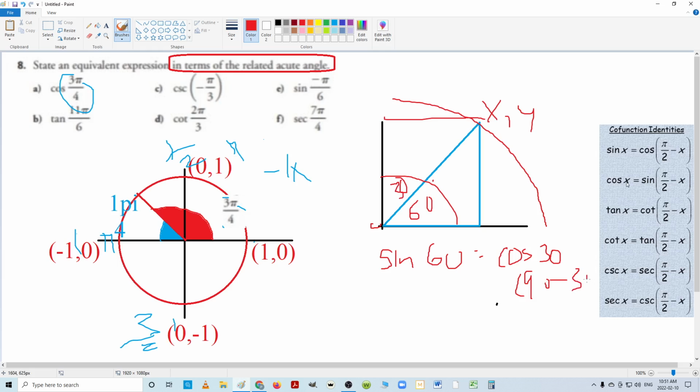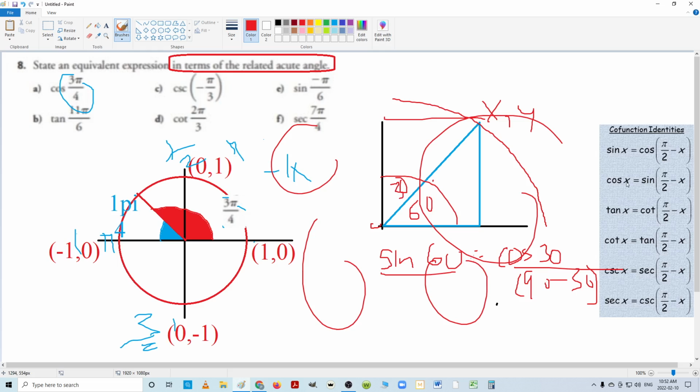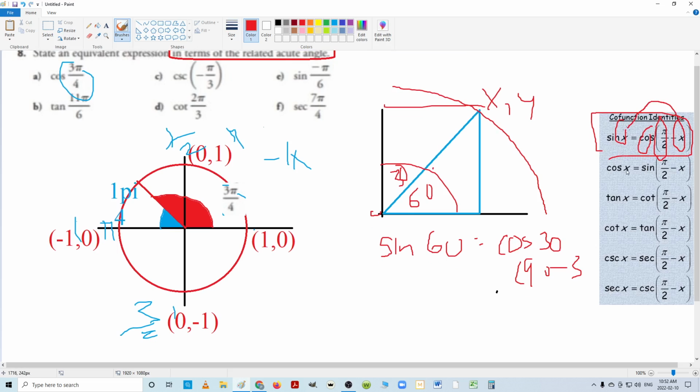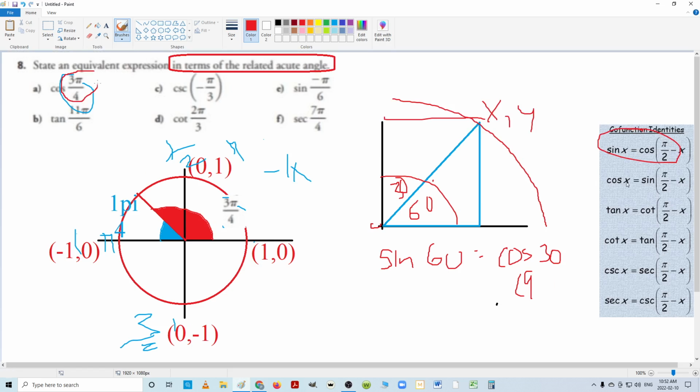I can go into huge detail why this is so. But you're going to find this connection between sine and cosine in the first, second, and third quadrant, but you will again have to adjust for CAST for the negative and positive. But it'll always have this relationship. How do they phrase it here? Well, sine x is equal to the cosine, and this is 90 degrees, minus the same angle that you used over here. Okay, if I trust that this is true, and I go back to this,